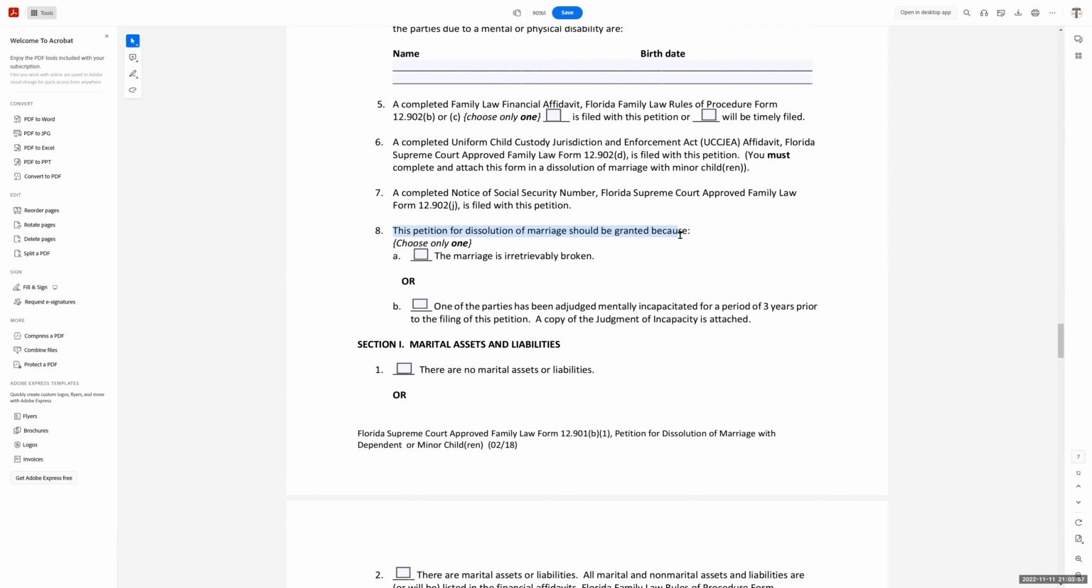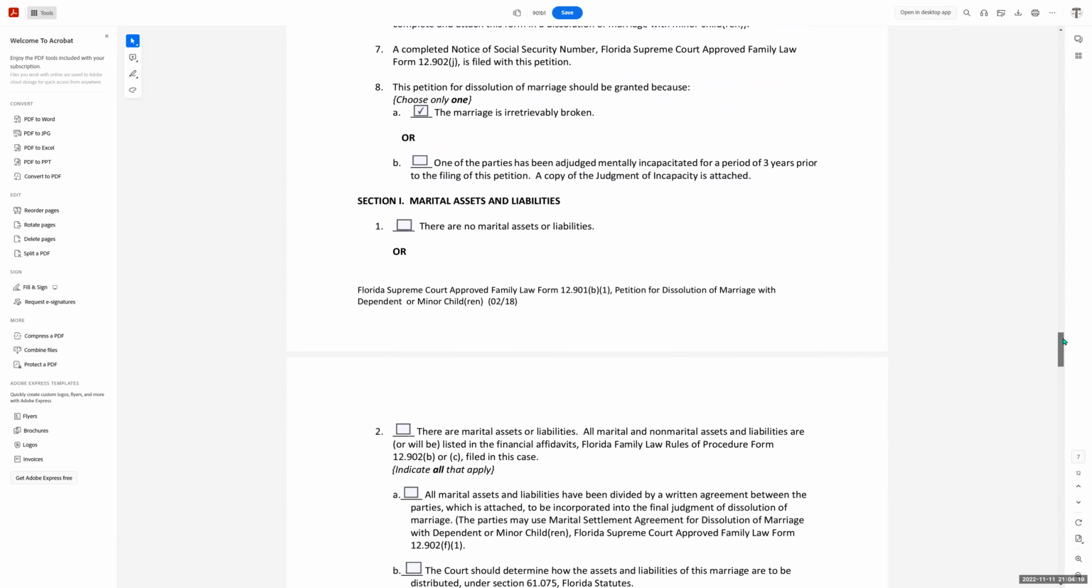This petition for dissolution of marriage should be granted because the marriage is irretrievably broken. Okay, that's the one. Now, this is a very specific circumstance right here. So if it applies to you, it applies to you, right? But the vast majority of the time, this is it, right? We know Florida's no fault. No one has to prove anyone cheated or abandoned or anything like that. It's just